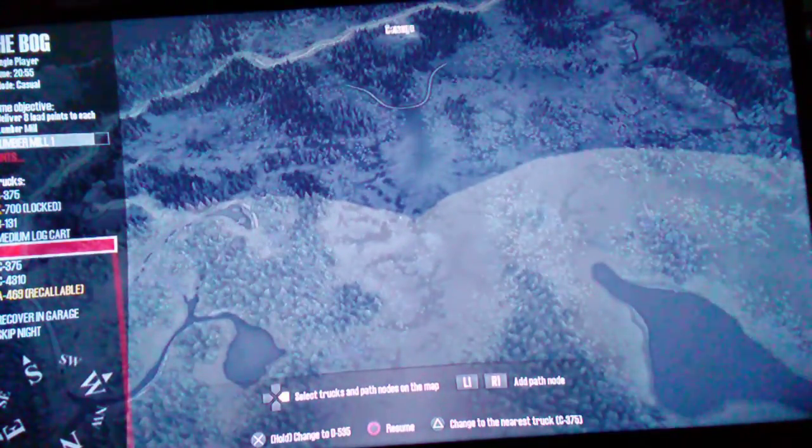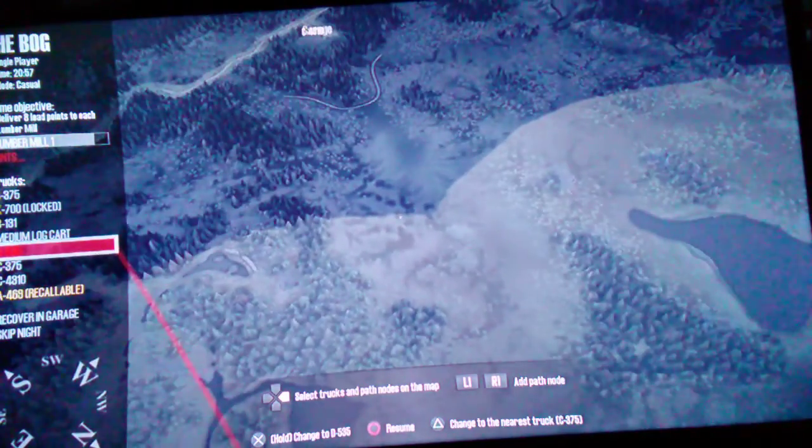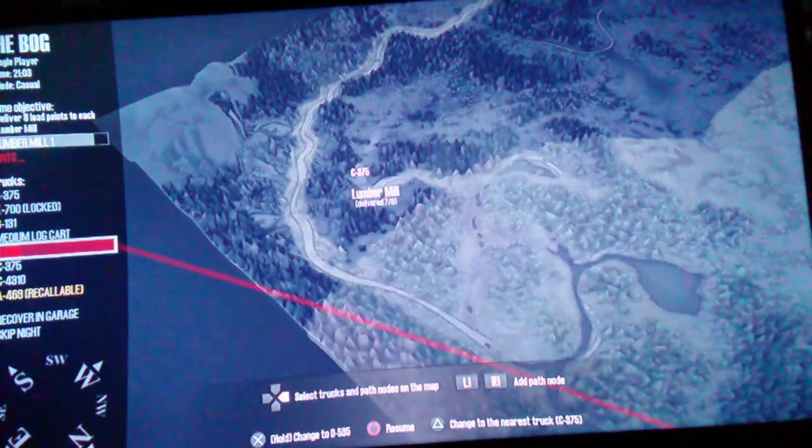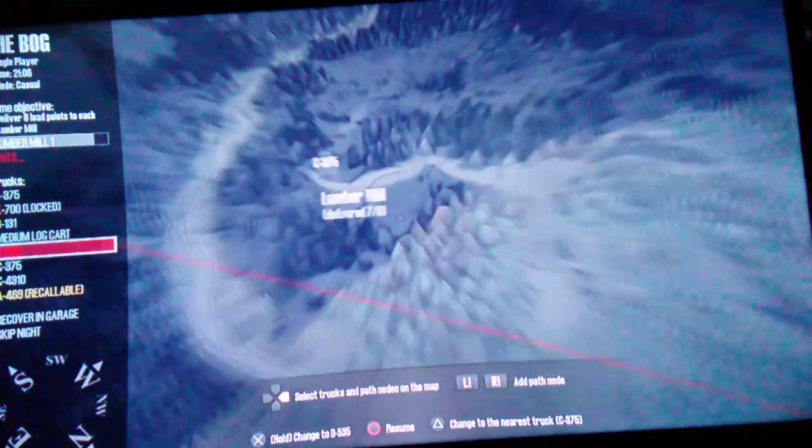So as you can see, this is the first map, the bog, and I do have other maps completed, I think about maybe 2 or 3 maps. But this is the first one I never really got to, even though it's like the first map you play. Once you first start playing the game, it gives you 2 maps, and I went to the second one. I beat the second one. So now I'm just trying to